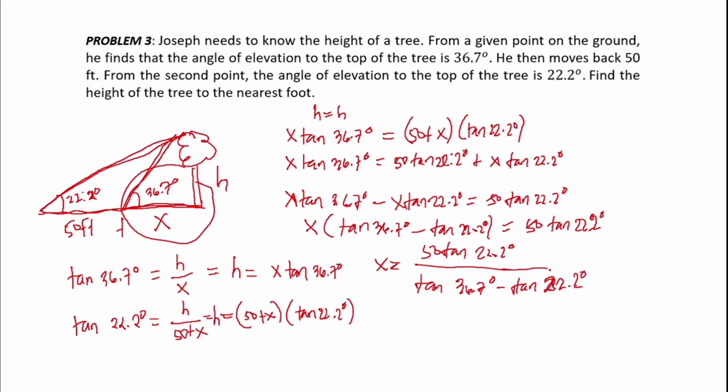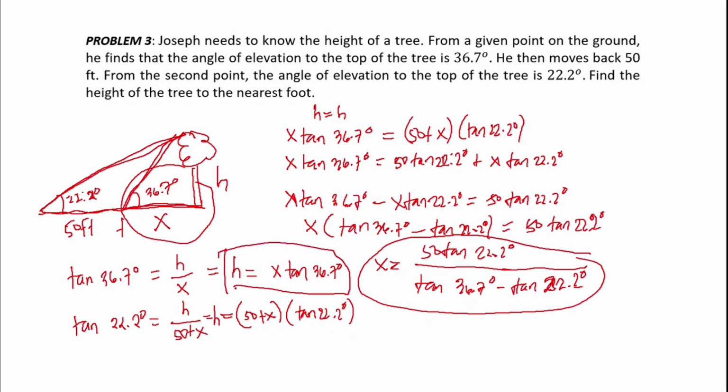Now we have the value for x. To find the height of the tree, just substitute into the given equation. So height is equal to x, which is 50 tangent of 22.2 degrees over tangent of 36.7 degrees minus tangent of 22.2 degrees,